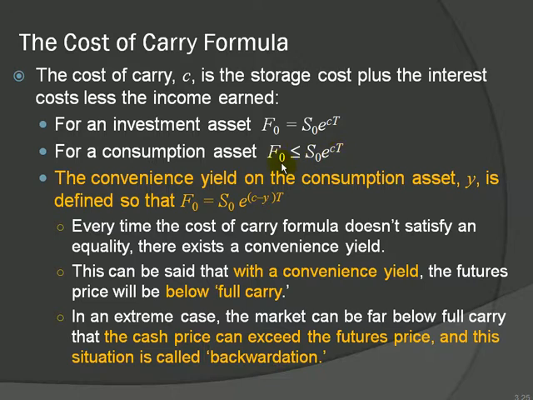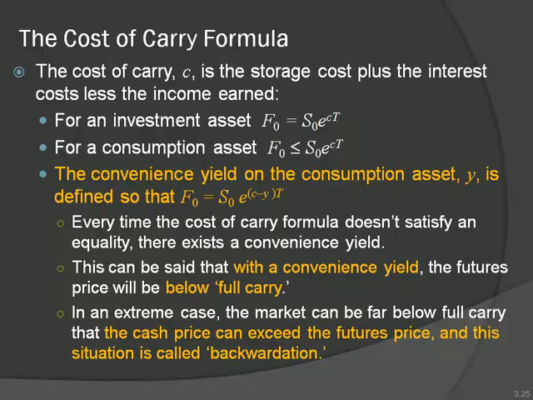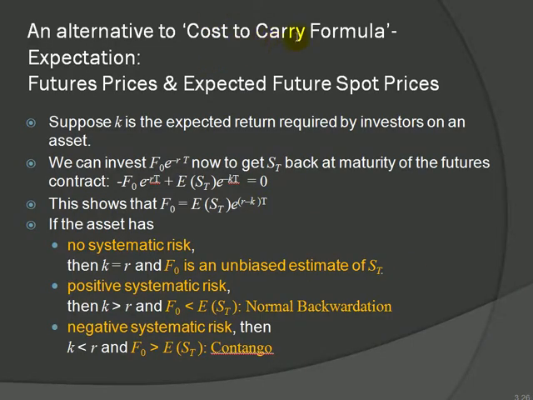In some cases, future price is so low, cash price could exceed future price. Now this situation is called backwardation. So backwardation is the situation where future price is so low and cash price or spot price exceed future price. Okay? So this is cost of carry formula, and there is an alternative to cost of carry formula, that is